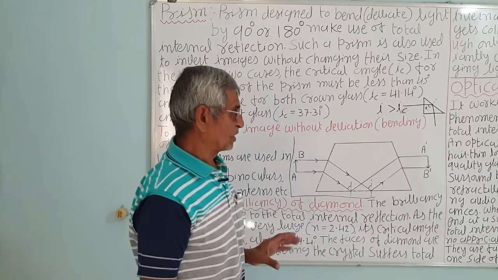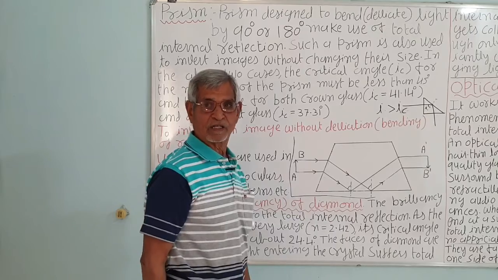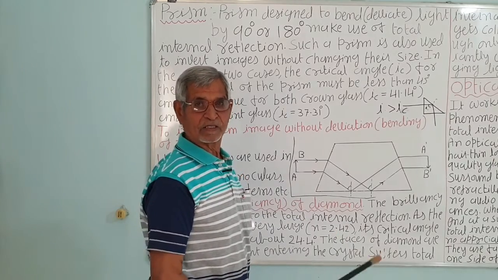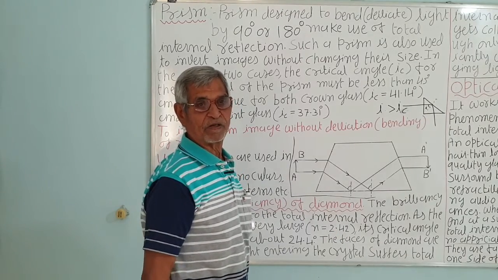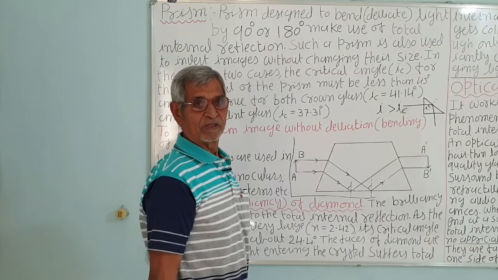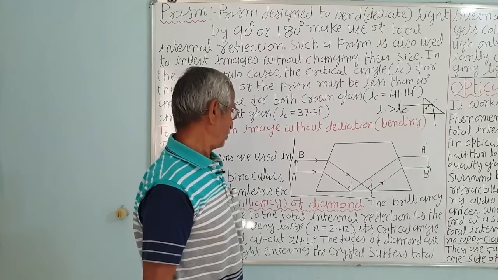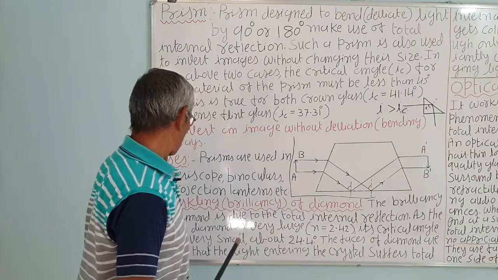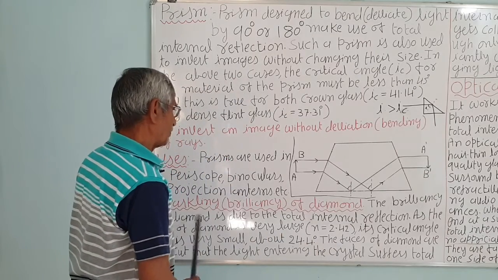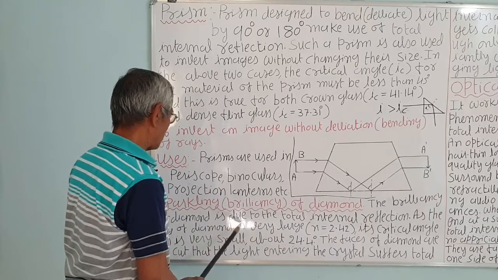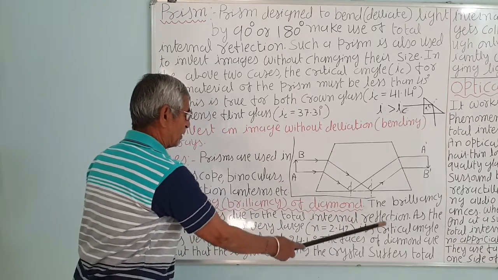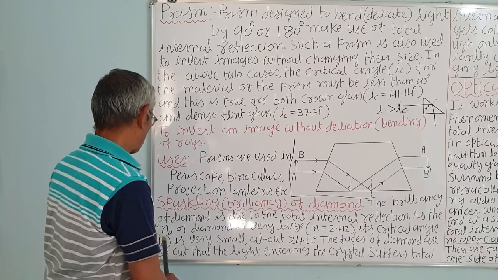The skilled diamond cutters cut it in such a way that light once entering from one edge side undergoes multiple reflections before it emerges out from a face, and that is why it shines brilliantly. Correct? The brilliancy of diamond is due to total internal reflection,